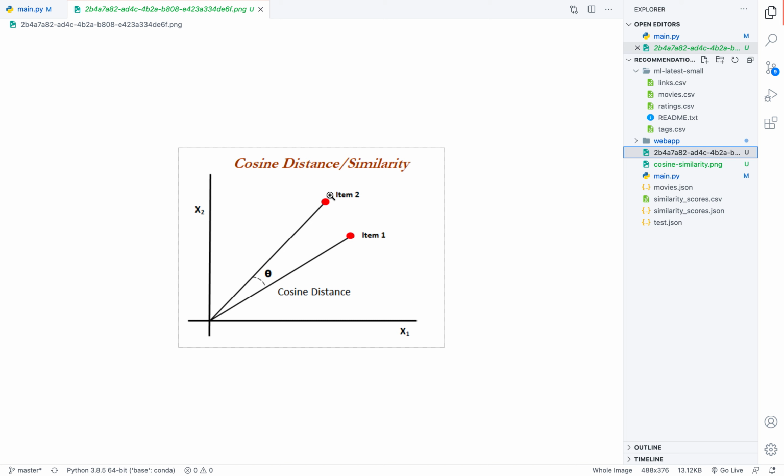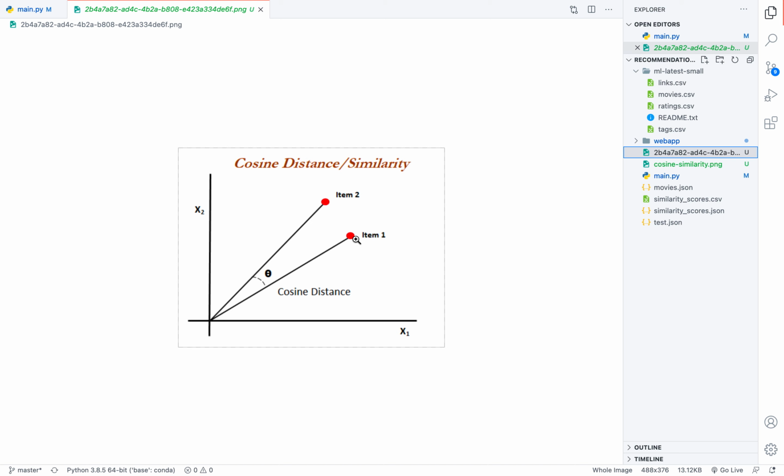I'm assuming the item is a two-dimensional item, a 2D item, so I can plot it on a graph. For example, here I plotted item 1 and item 2, drew a straight line from the origin, and calculated the angle between them.